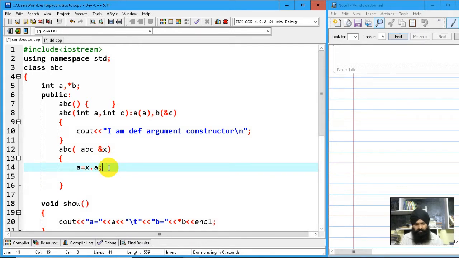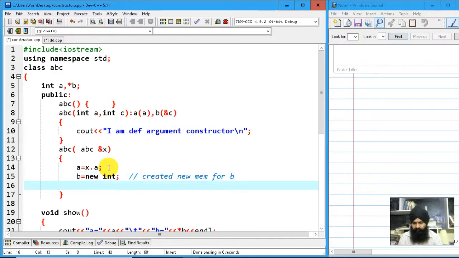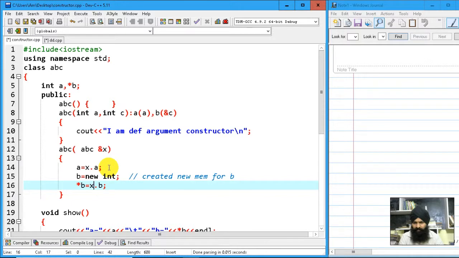So here let's declare p. Okay, p equals new int. Now I have created new memory for p. Now for b, in the new memory I'm going to dereference it, meaning I'm going to put the new value inside it. That would be x dot p, I'm copying that from x. So this is the address and that is the value. Here I'm going to fetch the value that this x object is representing,